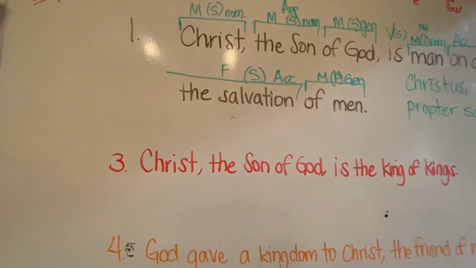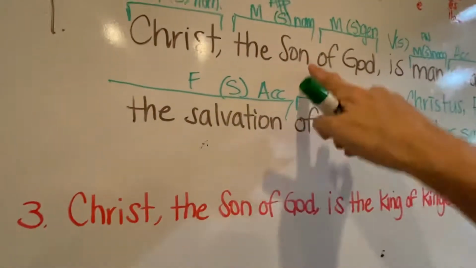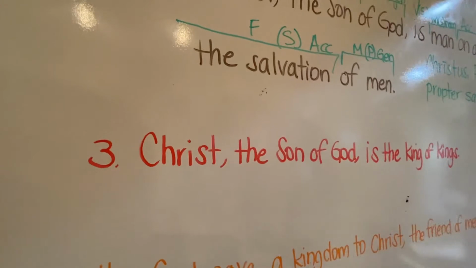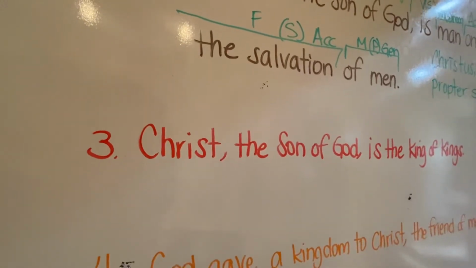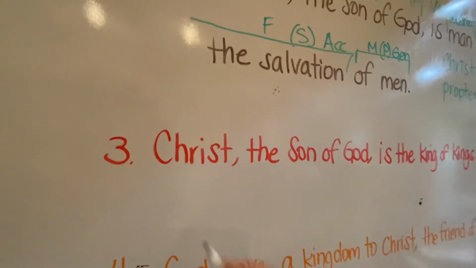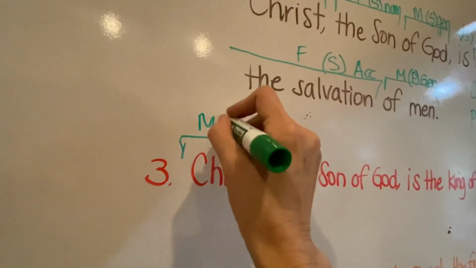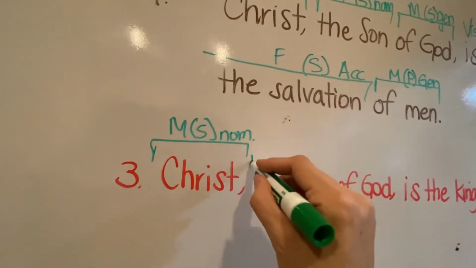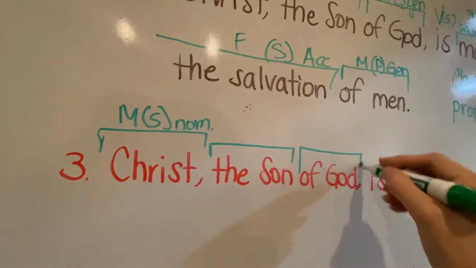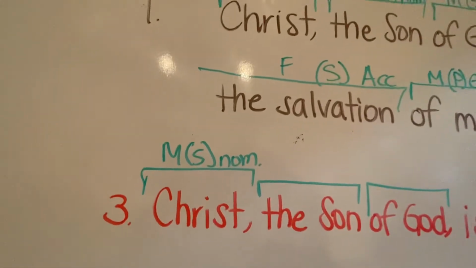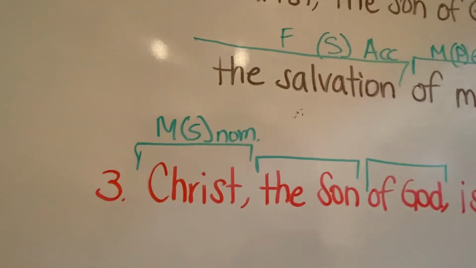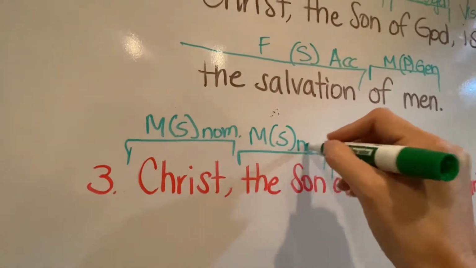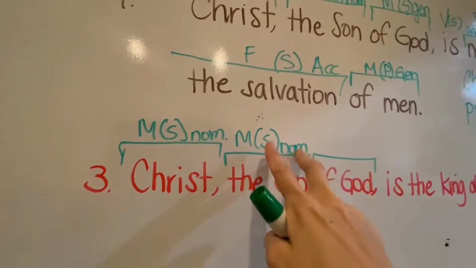Okay, so we're starting to recognize a pattern. Once we do that first one, we see a similar thing here, the Son of God, right? So I'm just gonna always start with a pattern. You know, we wanna have a form that we follow when we're translating because it helps eliminate chaos. So I'm gonna go ahead and label Christ, and that is masculine, singular, nominative. I get to the Son of God, and I like to bracket these things that I can tell are gonna be separate because I know that Son is acting as an appositive here because it's identifying who Christ is. So this is masculine, singular, and nominative because remember, your appositive has to match,